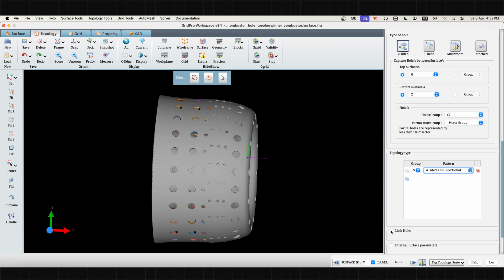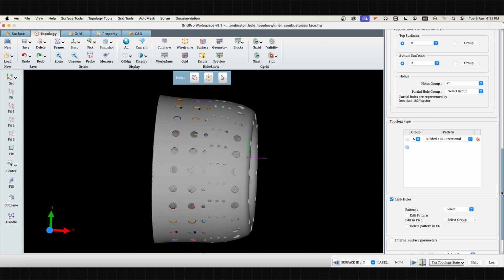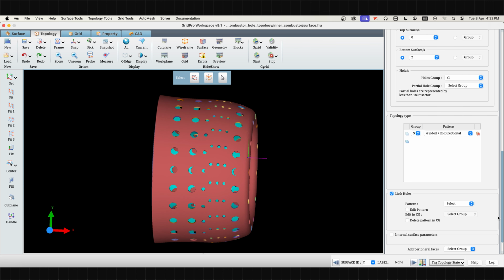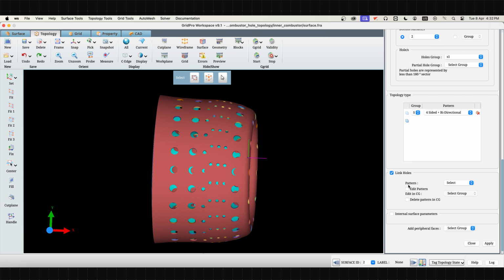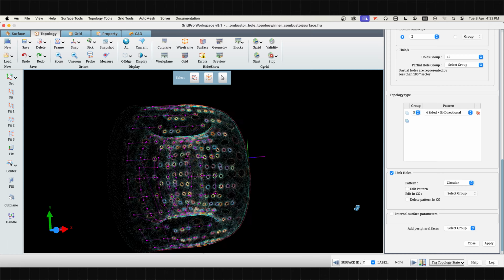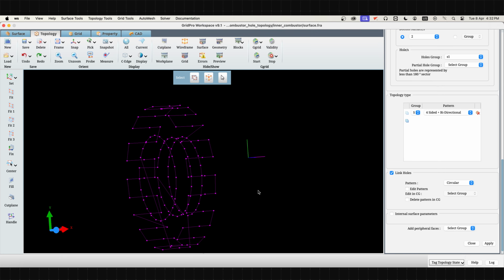GridPro's hole tool can also automatically link the hole topologies. You can preview different linking patterns and select one if it meets your requirements. In our case, the holes need to be linked in a circular manner,